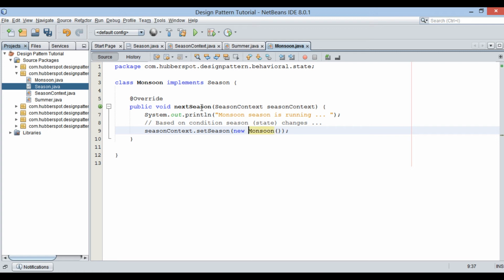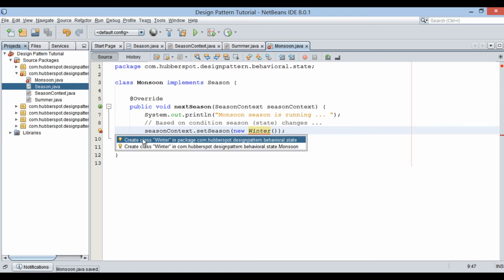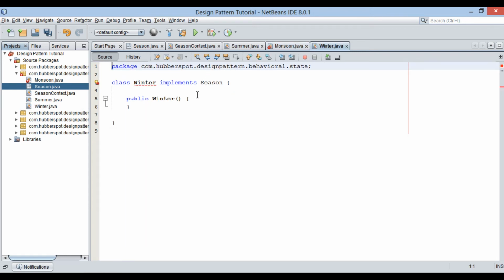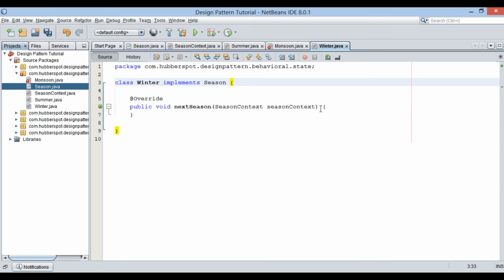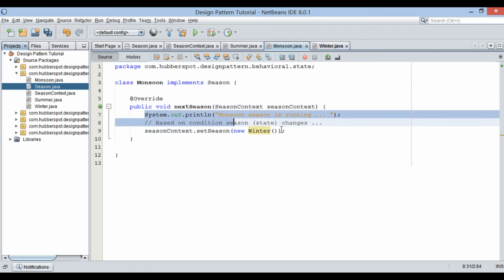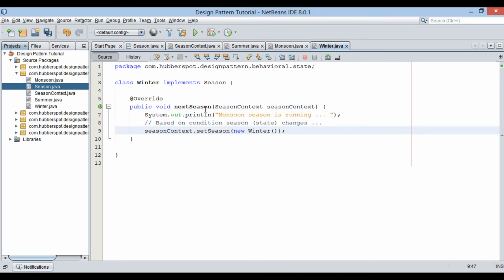In order to change season to winter, we call set season method of season context variable and pass new winter to it. As there is no winter class created, let's create a class by name winter. Make this winter class implement season interface. It prompts us to implement abstract methods of season interface. In next season method, I will just sys out